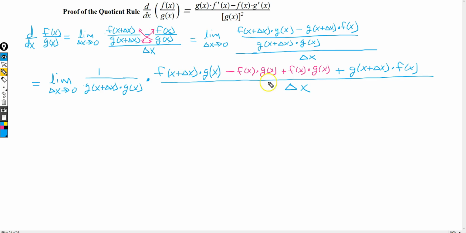And I did a math trick, added in and subtracted back out a term, and you'll see why in a second, and then to have our delta x here in the denominator. Alright, so now we're going to do some more algebra. So we're going to write this as